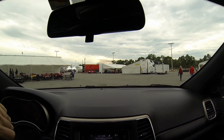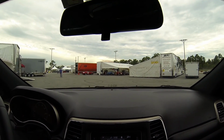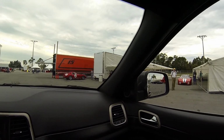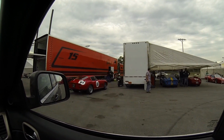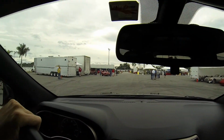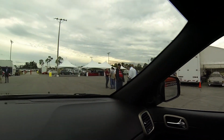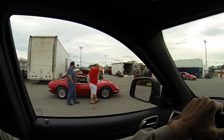Driving through, it doesn't look as crowded as in the past, but the quality is still here. There were some rare and very valuable cars here today, like that Ferrari 512 BBLM. There were three 250 GTOs, a 275 GTB comp. No big Ferrari display this year. There's a Daytona comp with a 250 Testarossa on the other side of the hauler, some pre-war cars, a pair